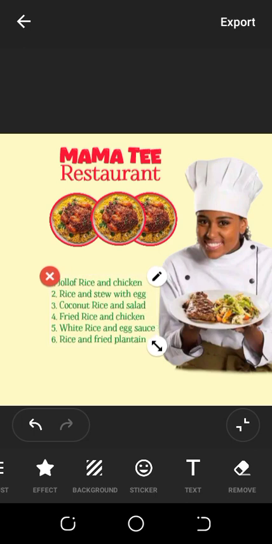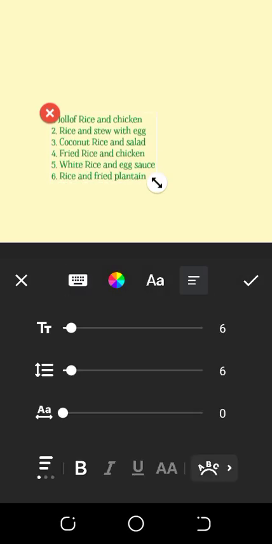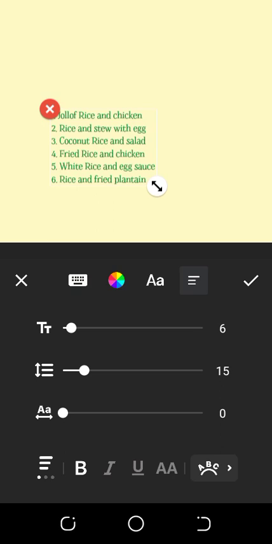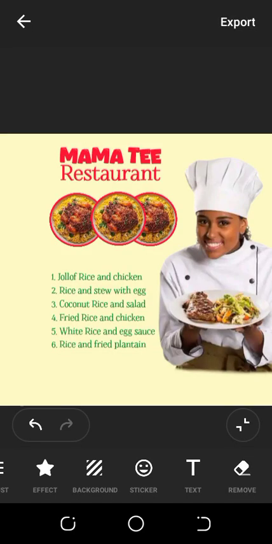Okay, so now I will click on this. Edit. I'll come to this dash line. Then I'll add the spacing between the write up. Let's make it 20. Okay, so now